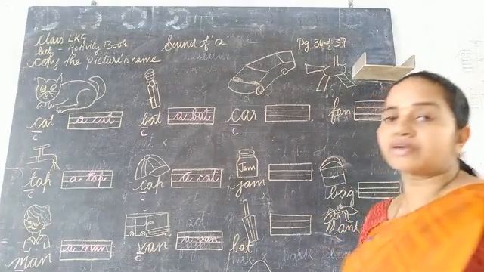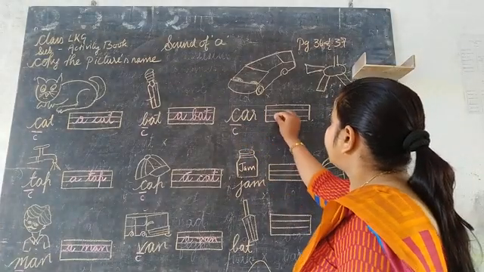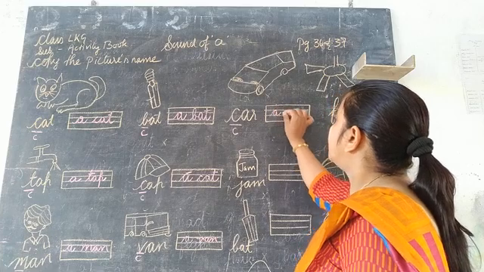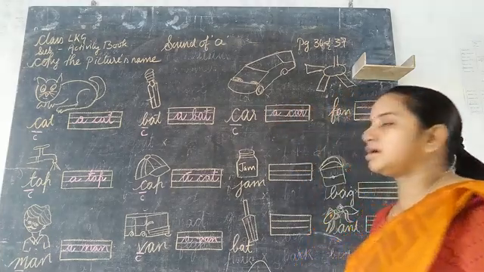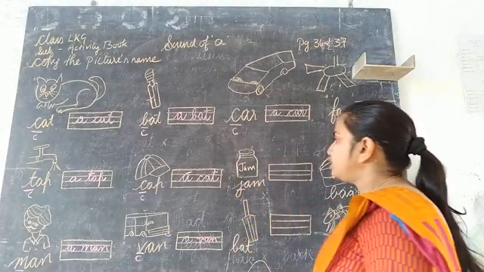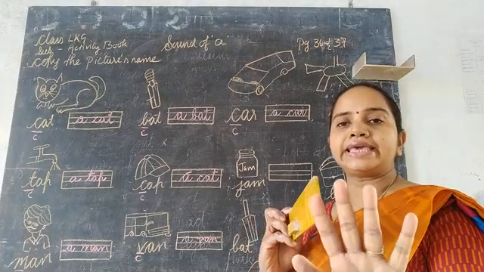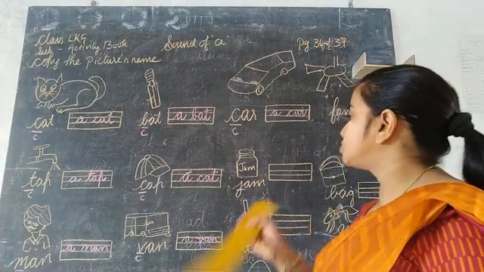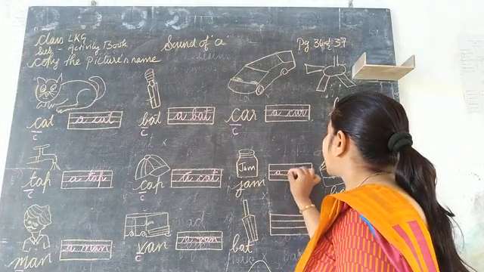It is your C. So we will write down C as a consonant here, underlining the consonant, and then we will use what? A car, right? So like that we have used a car. Then coming to the second picture, this is your J. J is also your consonant because it doesn't fit in your five vowels, A-E-I-O-U. So it is your consonant automatically. Here we will write a jab.